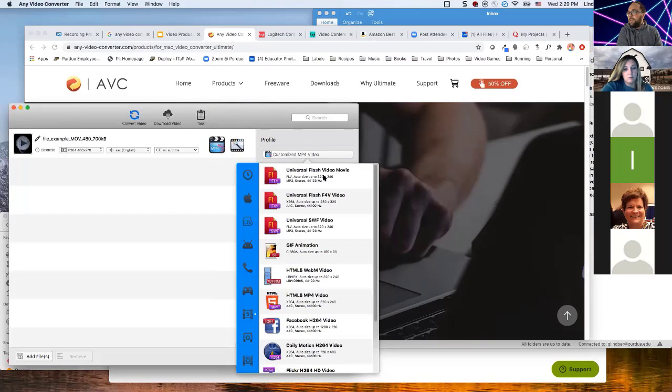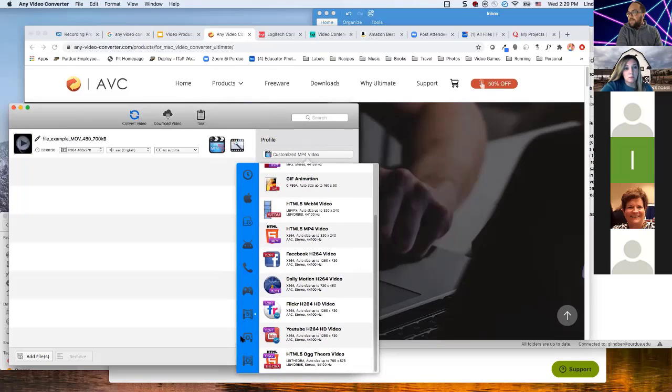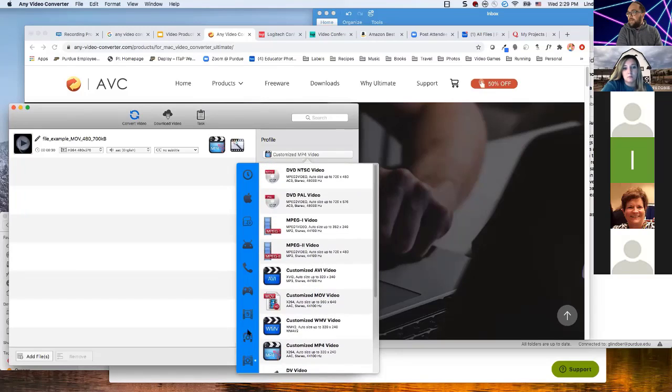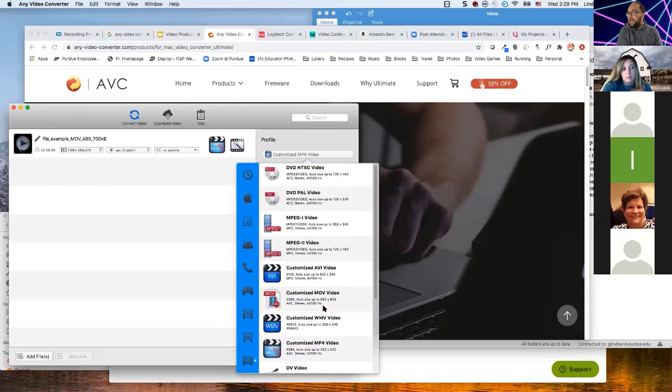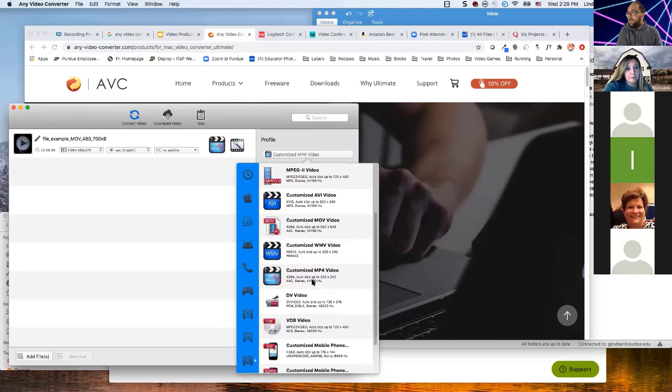You can see there are Flash video ones, which you probably would never be using. This last one is the one you would really look at the most. You've probably seen MPEG videos before. Those are pretty outdated. AVIs. What you really want is the MP4, and let's say you have an MP4 and you need to turn it to an MOV so that you can work with it in iMovie. You could do that here too. You could convert an MP4 to an MOV as well.